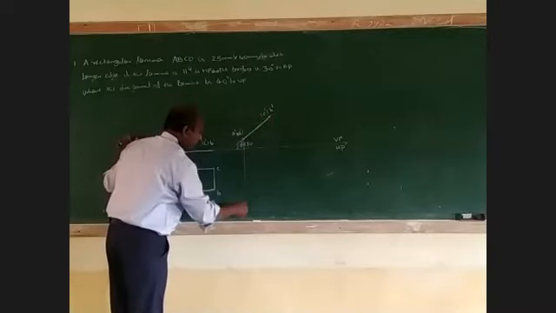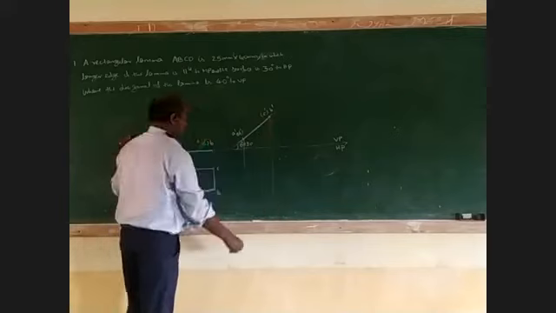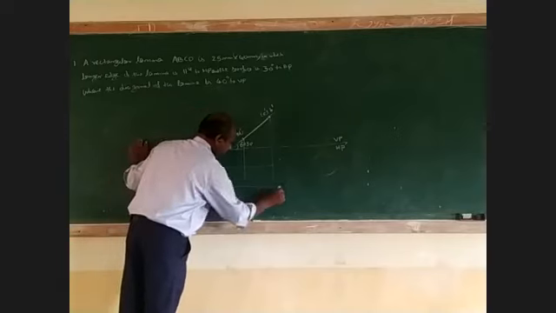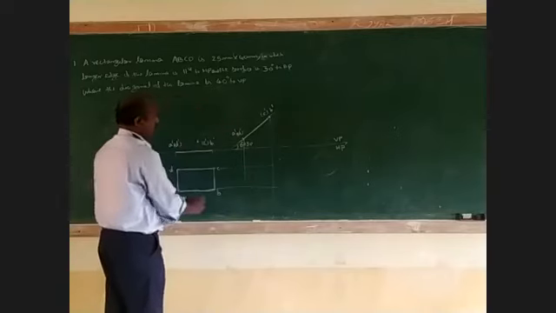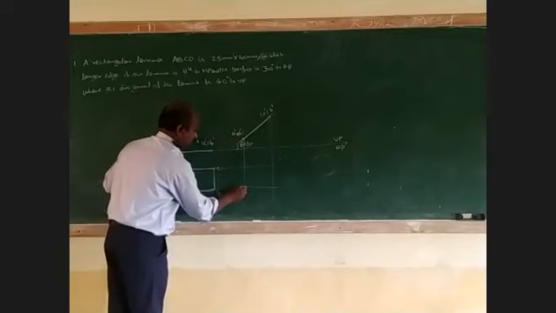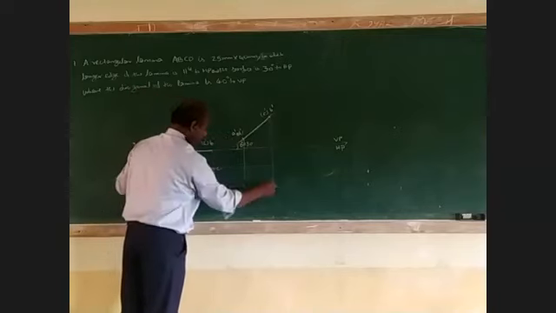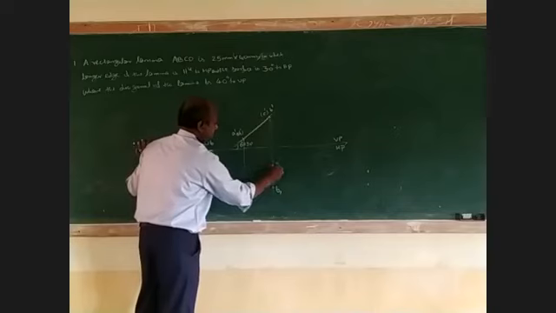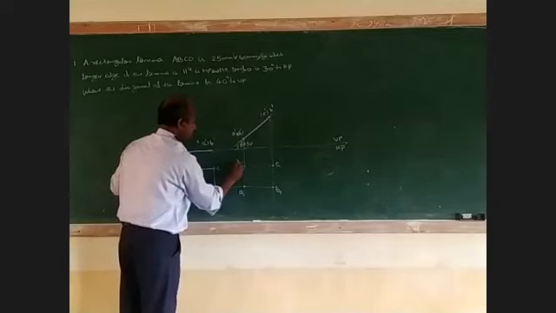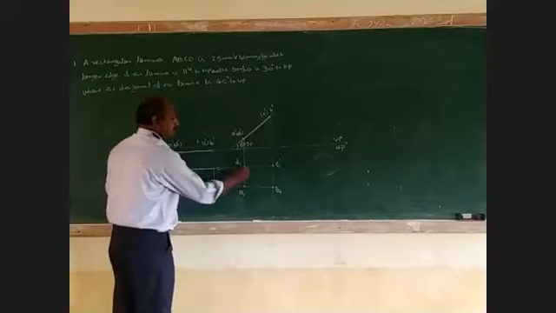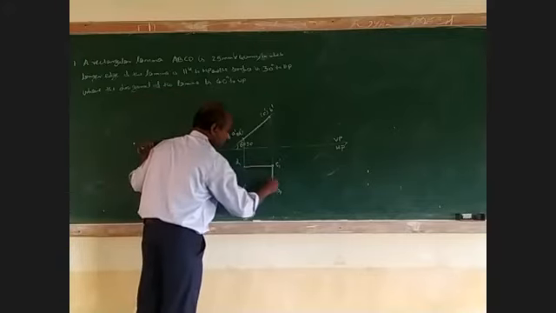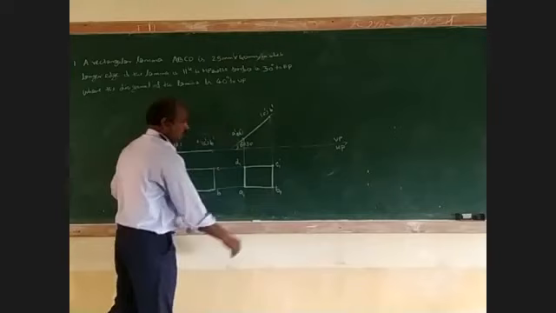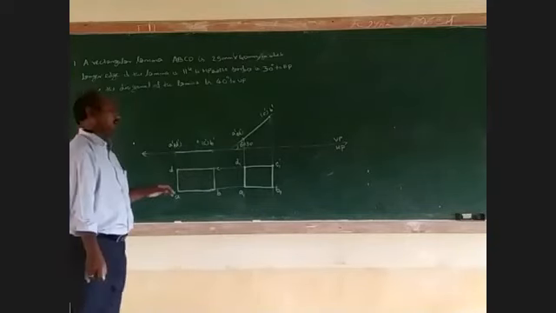Then you draw a line perpendicular to the reference line. Now you draw a line parallel to the reference line. Now you find the intersecting point, A dash and A is A1. B dash and B is B1. C dash and C, C1. D dash and D, D1. Okay, now you join it. Now you join the rectangular lamina.